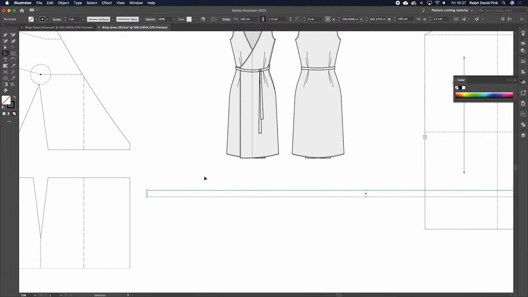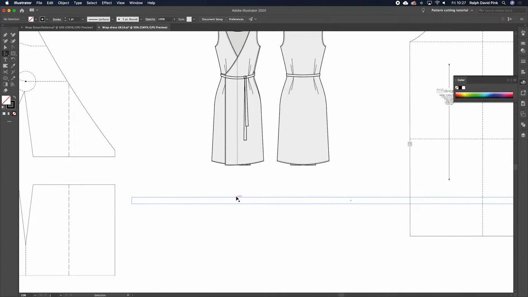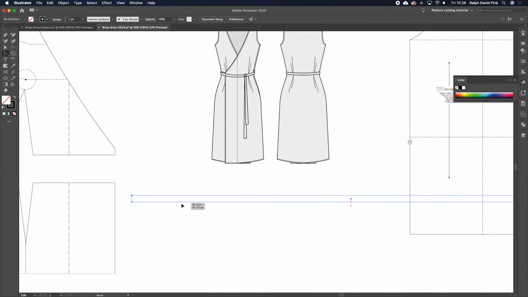Let's just turn that into black and white. So this is one side, but essentially we want to double this over and then stitch it. So we'd want a fold line here and the same on the other side. I'll just do that quickly to demonstrate. So let's get our big selection tool. I'm going to click on this line here, and I'm going to drag it down to this bottom bit. But before I let go, I'm going to hold down the Option key,